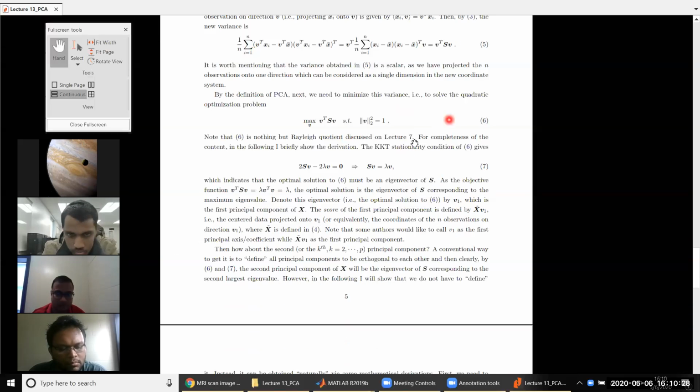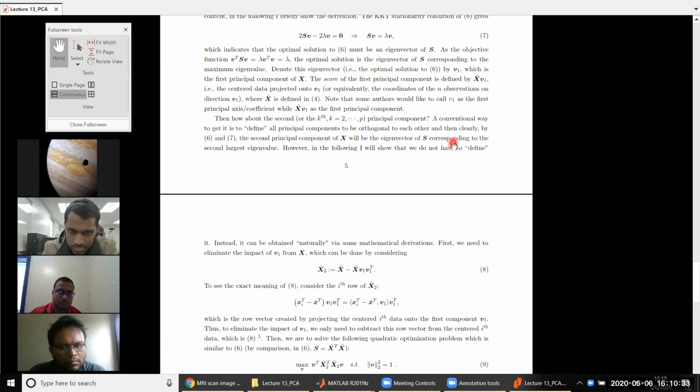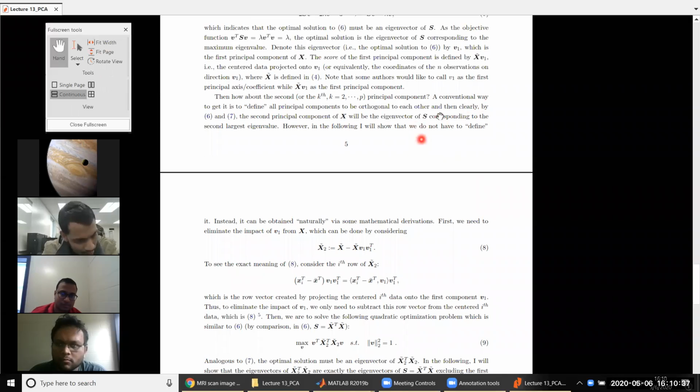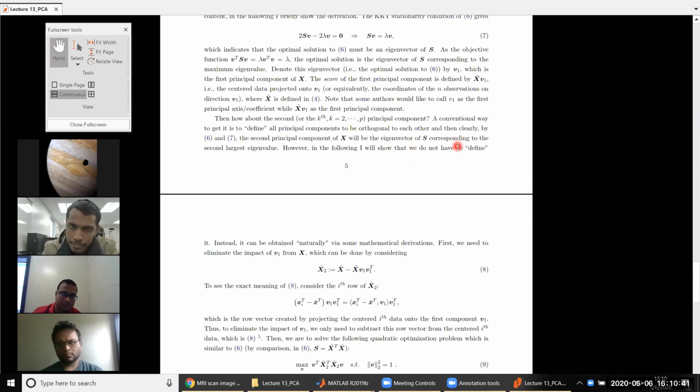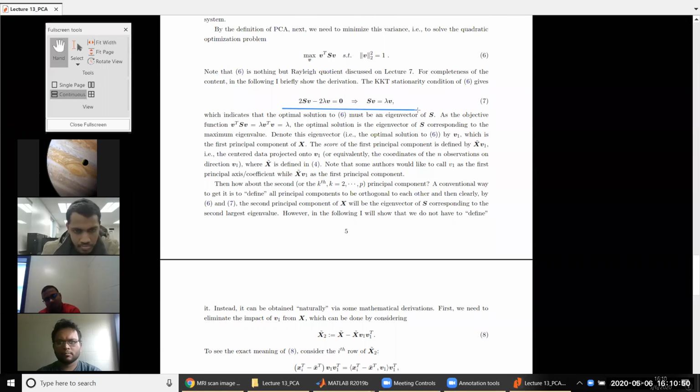Then how about the second principal component? You may say, okay, easy. Actually, conventionally, people did it that way, especially when it was first invented. We just naturally define all principal components to be orthonormal, orthogonal and normalized. So of course, in this case I use this conclusion, I have what? The second principal component must be the